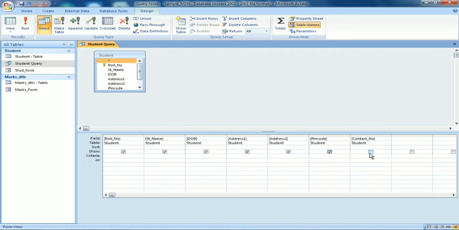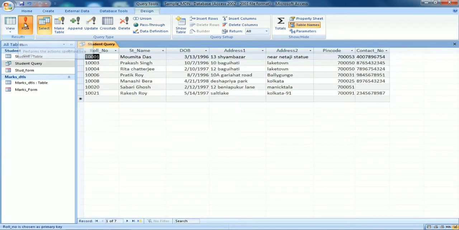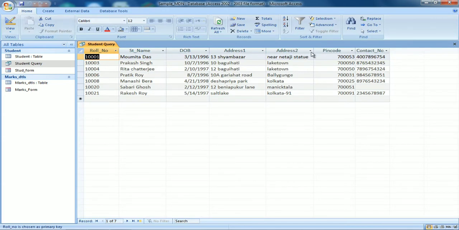If I switch it off, that means these fields will not be shown. First let me run with this show, then I will show you with it deselected. Now just see, all the field names are coming in square brackets. In a database, when you are calling an attribute, it is usually represented in square brackets. Now this is my query. The result is not yet shown. To show the result, I have to click on the button called run. When I click on run, this query will be executed. Okay, so this is the output of my query.